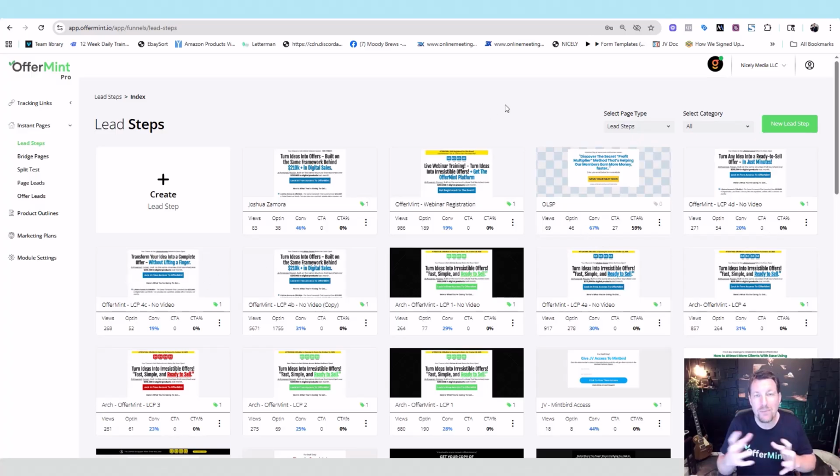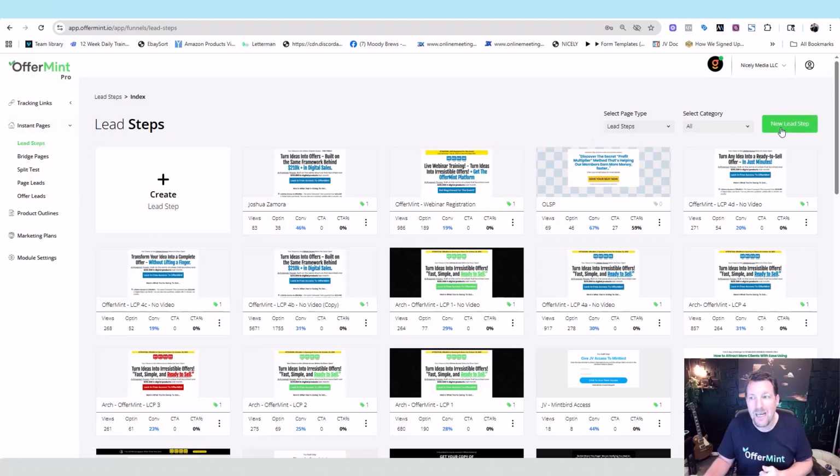Now, the reason why we call them lead steps is that it's a lead capture page, but then there's also the confirmation page, and they're both built in, and they have this amazing consistency and sync feature about them. So when you go from the first step where somebody asks you to enter your name and email address to the second step where you have the confirmation page or the thank you page, you can tell the consistency between the two steps, okay? So you see I'm over here, this is a pro feature inside of Instant Pages, and